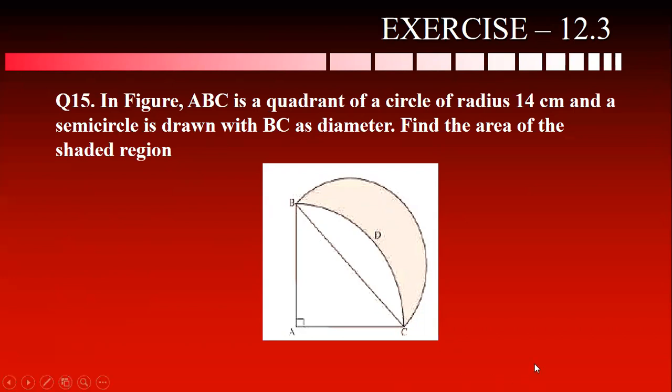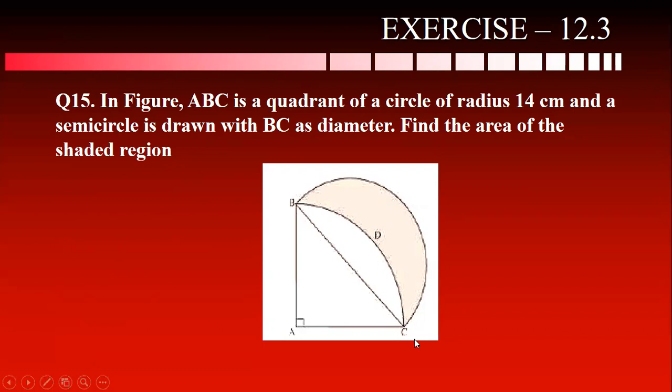So here what we have is we have to find this shaded region. So for that, this is a semicircle. Now in a semicircle, we have to remove this part. Then we will get the shaded region. Now what is this part which we have to remove? That is the segment. How do we find segment? Sector minus triangle. So first we'll find sector minus triangle so that we'll get the segment.